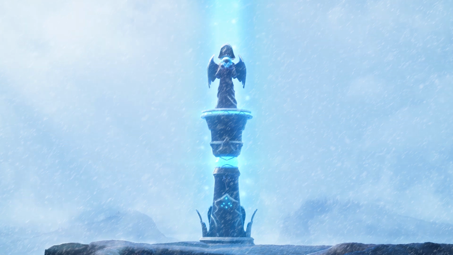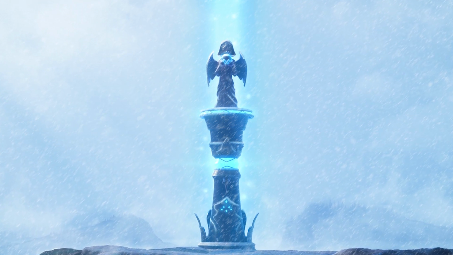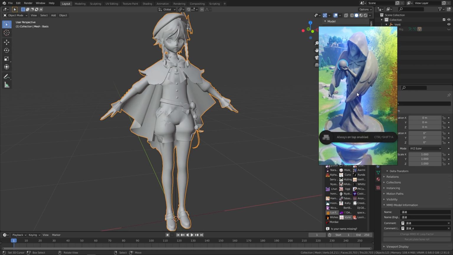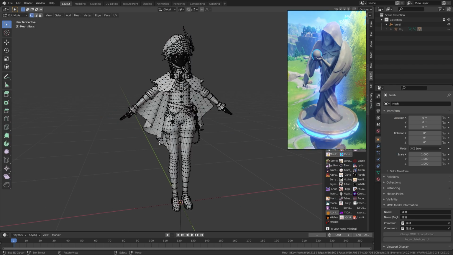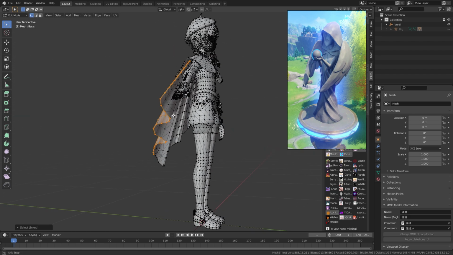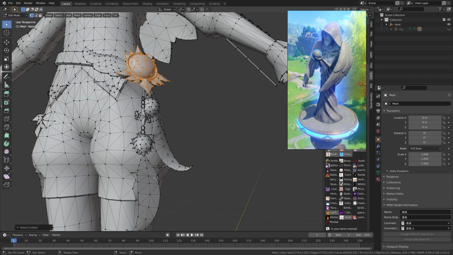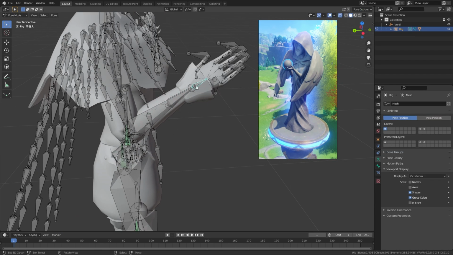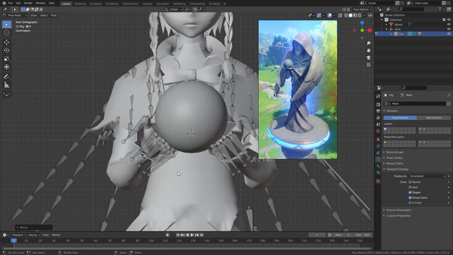So next up, I had to work on Barbatos or Venti, who is standing up here. Luckily, I found a model of Venti online, which I imported into Blender to work with. You can search up on YouTube if you're curious of where to get this model and how to import it. It's actually pretty simple. I deleted all the extra stuff like his vision and other accessories that I didn't need for my model. Then using the rig that came with the model, I quickly posed him in a similar way